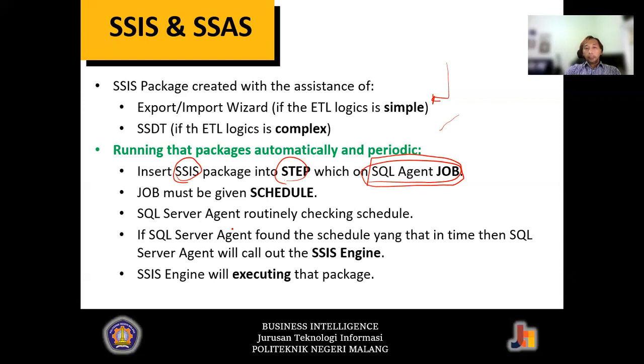And if the SQL Server Agent finds a schedule at that time, then it will call out the SSIS engine. Then the SSIS engine will execute that package for you.